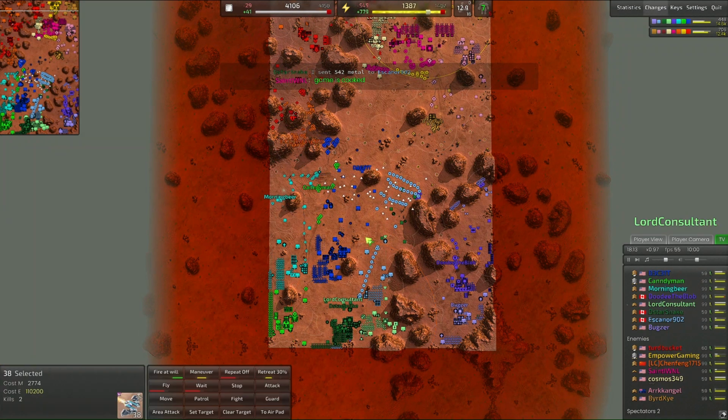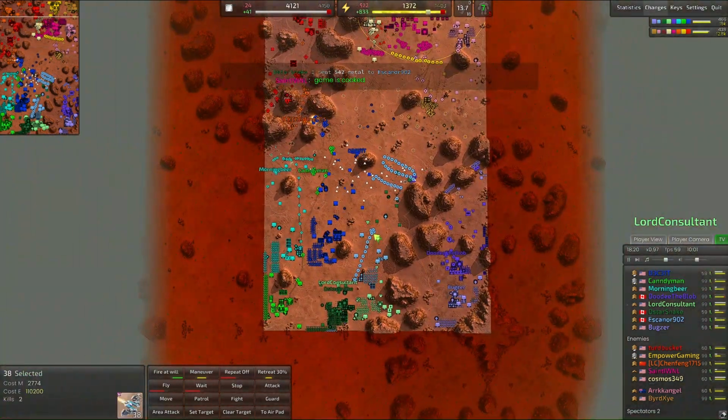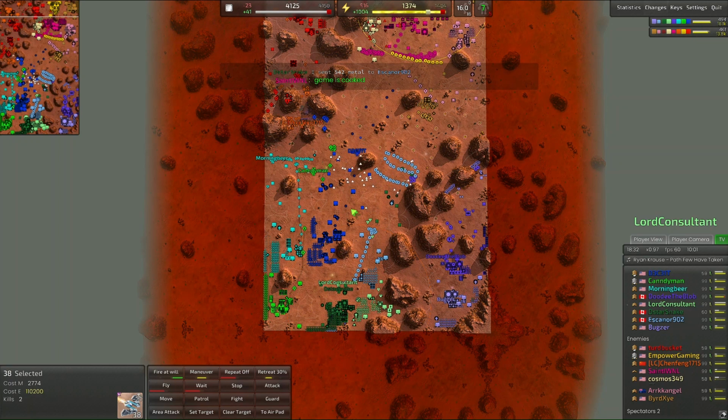which, to be fair, I had played against Lord. I played with Lord Consultant the game before, and he was not a very aggressive air player. We'll just put it that way. He's the guy we lost. We lost the game because of the bombing run. He didn't have enough fighters, and he was AFK. He was not sending the fighters he did have against the bombers. So anyways,